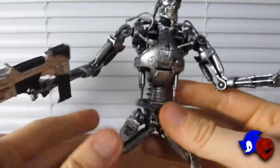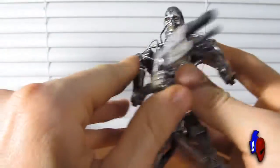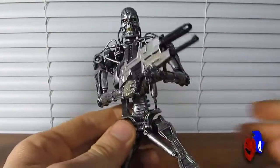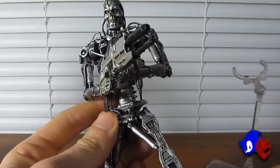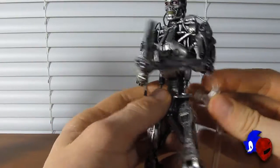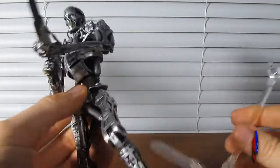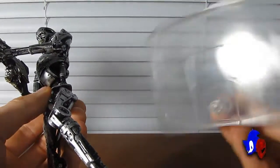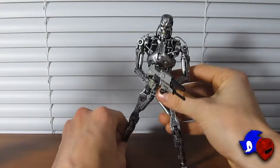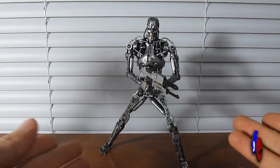I've got really nothing else to say except that if you are going to get this figure, chances are you're going to have a hard time finding him now since it's been out for a while. But you might want to check your local Toys R Us stores, maybe your Movie Stop if you got one, or Hastings, whatever it's called, because that's where I got my figure for a pretty fair price. But you're really going to need one of these S.H. Figuarts stands or something close to it, because I'm telling you, you're never going to get this figure to stay positioned in the pose that you so desire for